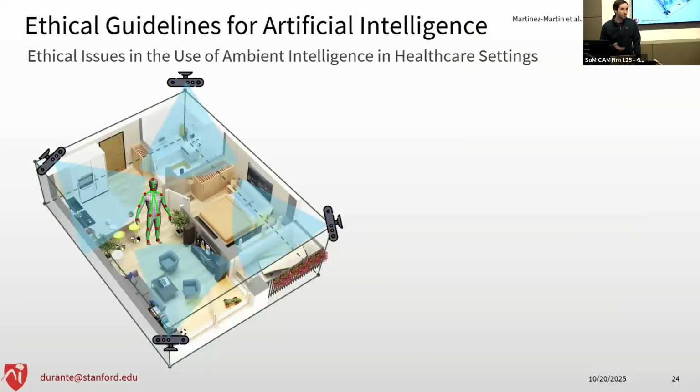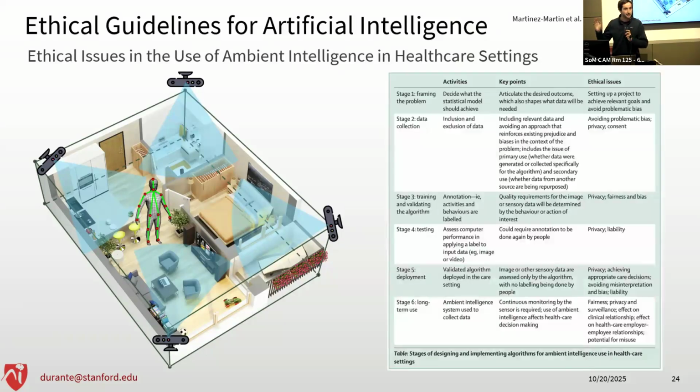There are also a number of ethical considerations that come up when you're building an ambient AI system. I won't go into all of them, but we've written a paper about this a few years ago where we talk about each stage of the process, all the ethical issues that can arise that we could articulate in this paper. We maybe didn't get all of them. And then also some of the pros and cons and what the researchers or the creators of ambient AI should consider in order to do it in the most ethical way.